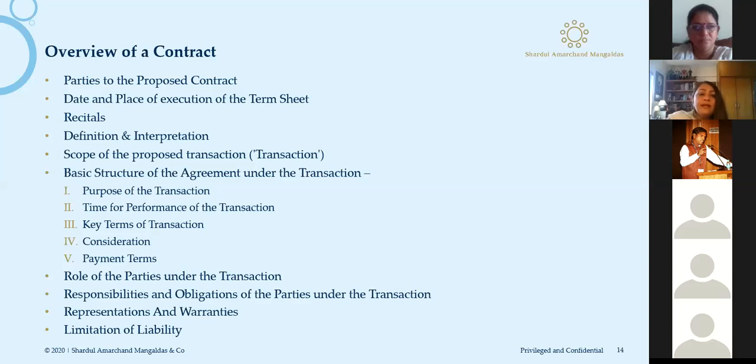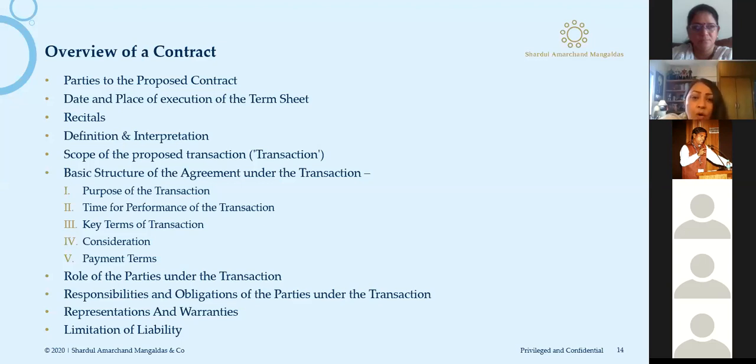So basically, in a contract, we look at what is the purpose of the contract, what is the time for performance, key terms of the transaction, what is the consideration, and what is the payment terms. Of course, we also look at the roles of the parties, the nature and precise roles. And as you start practicing this, or as you start thinking about it, it's very important. So a lot of time what happens is, if you take a ready precedent, you'll get all of this as